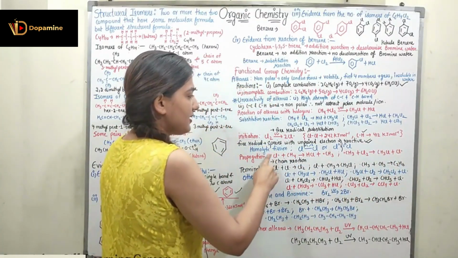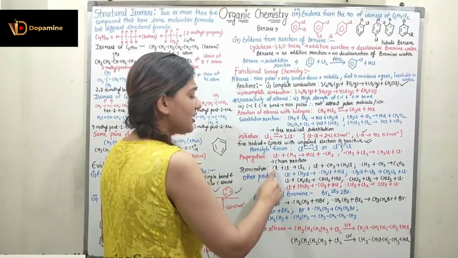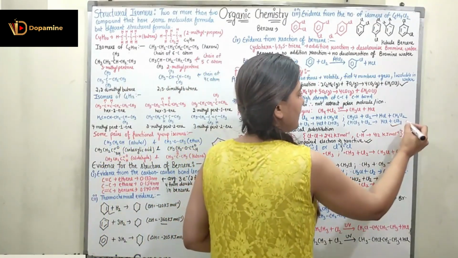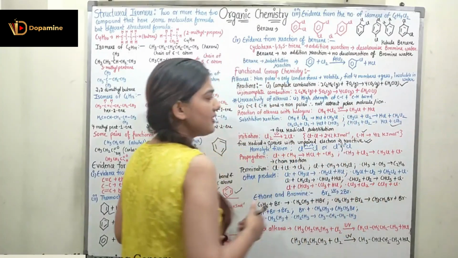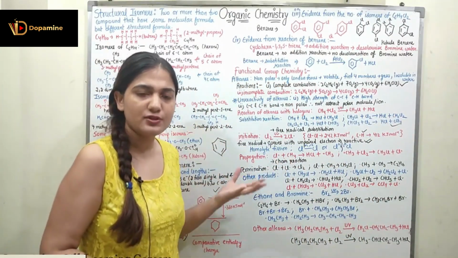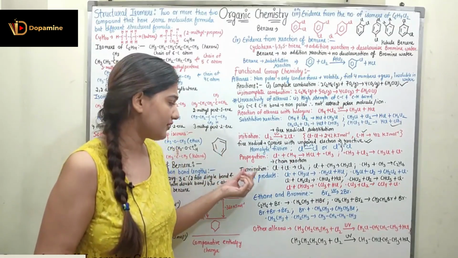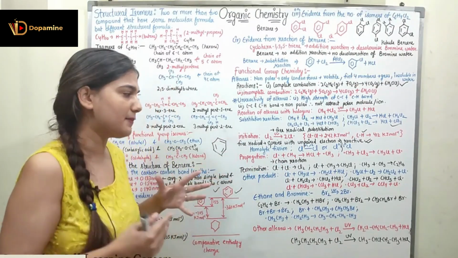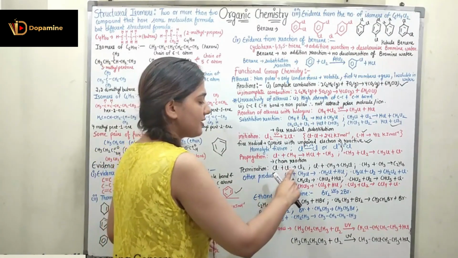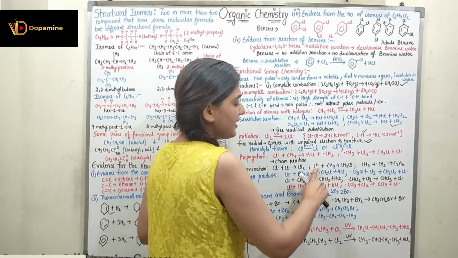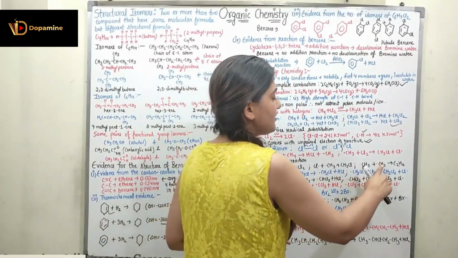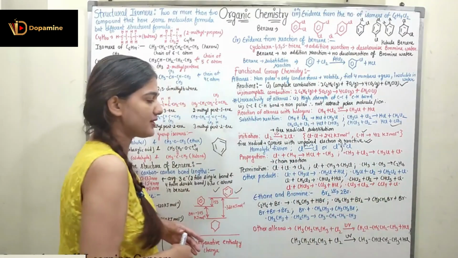Now this Cl radical will undergo the chain reaction, and we can form all of these products, CH2Cl2, CHCl3 and CCl4. This is called the chain reaction. After that we have the termination. Termination can happen in any of three cases. Either two Cl free radicals combine to form Cl2, or a Cl free radical combines with a CH3 free radical to form CH3Cl, or two CH3 free radicals combine to form C2H6.